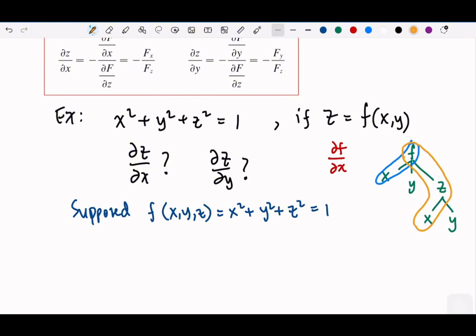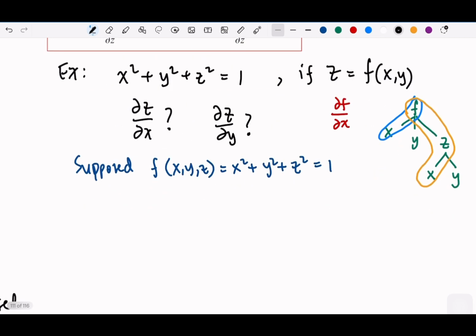From this ∂f/∂x, we get these two paths that we need to combine. And the ∂z/∂x is actually apart from this path, apart from the diagram, okay? Apart from the diagram. So we can write the ∂f/∂x generally, okay? So generally we can write plus